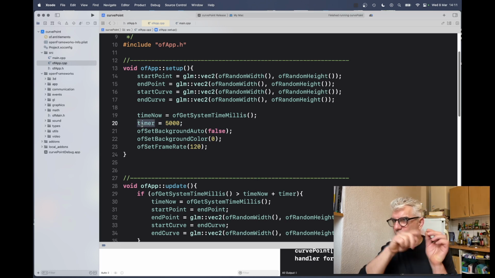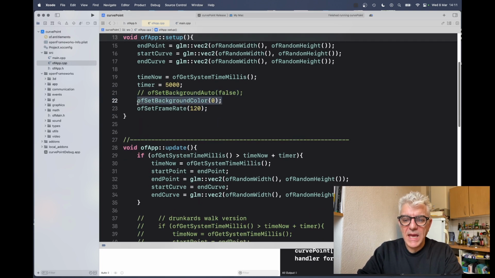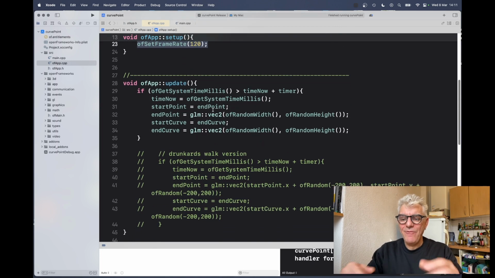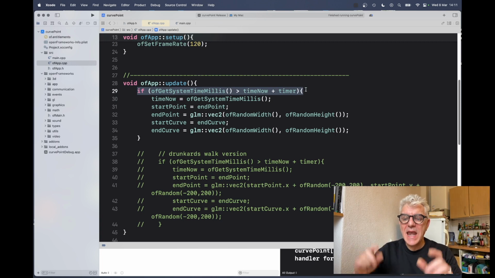So that's the value of how long I want things to take. Then I set the background to be black, and I'm going to set the frame rate to be quite fast. And then every time the screen updates, I'm going to ask this question: if the time now is greater than